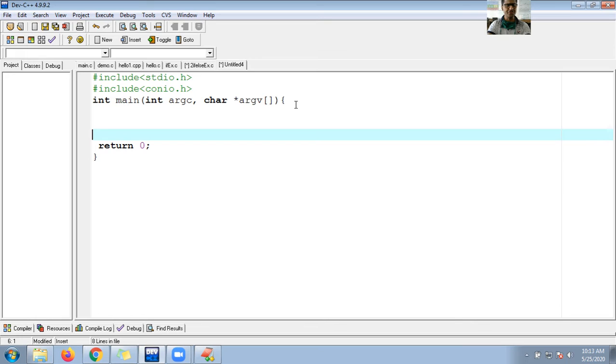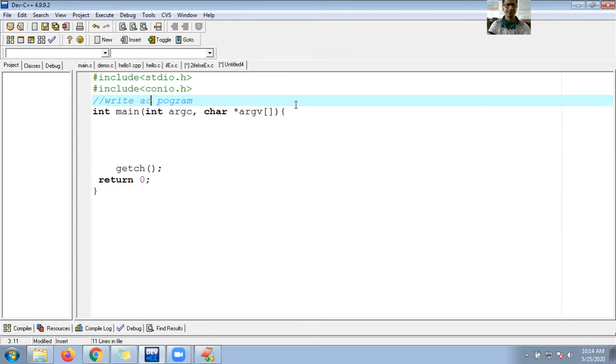So guys, I want to write a program. Write a C program to check the greatest of three numbers. You can write this program in another way also, but wait, I'll go for that solution also. Greatest of three numbers, or you can call it the highest of three numbers. But the condition is the numbers should not be the same. Keep in mind here, guys, the limitation of this logic: numbers should not be the same.